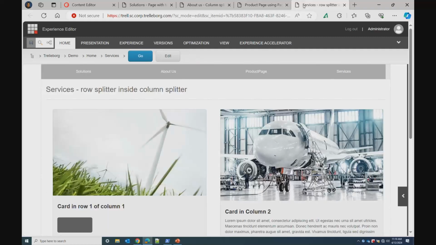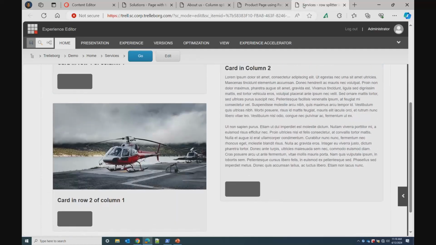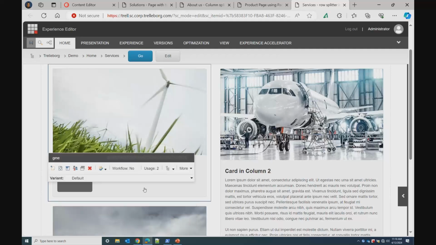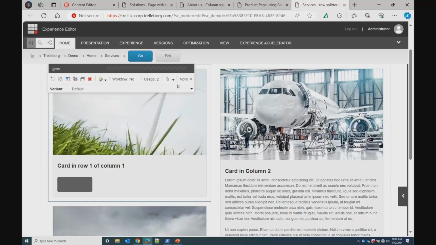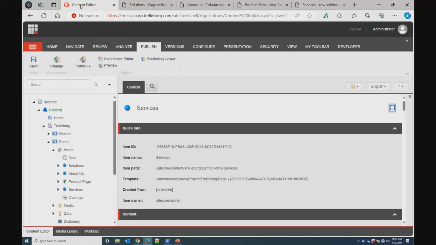And this third services page is a little bit more complex page. If you see the hierarchy here, you have the card which is in one row. That row is in the row splitter. This row splitter is present inside a column splitter, and then there is a column splitter. So it's a little bit complex layout of the page, right? So these are the different pages on the SXA MVC site. And if I go back to the headless site,